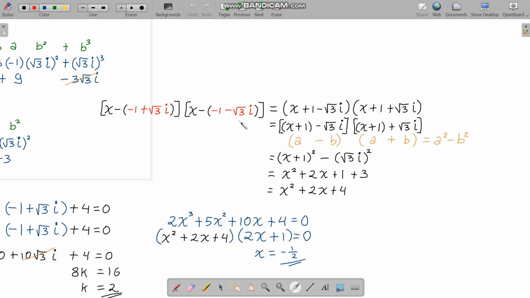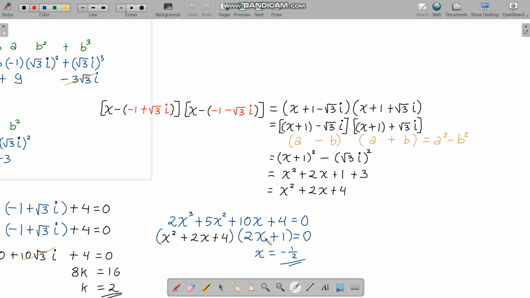If you multiply, open up all the parentheses and group the real part, x plus 1, this is the difference of two squares, (x + 1) squared minus (root 3 i) squared, we get x squared plus 2x plus 1, and from here we get (root 3 i) squared, which is minus 3, minus minus 3, that's plus 3. So we have the quadratic factor here,